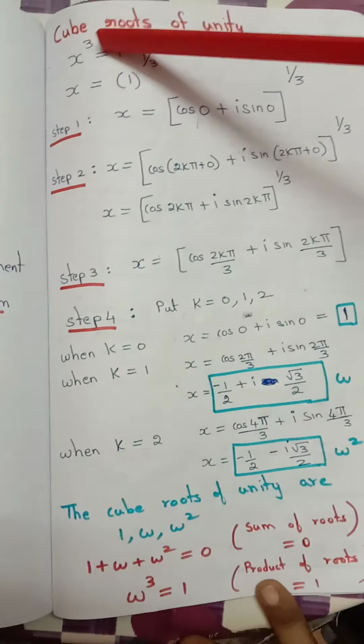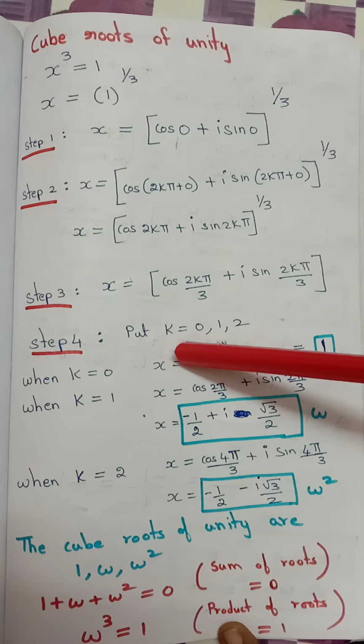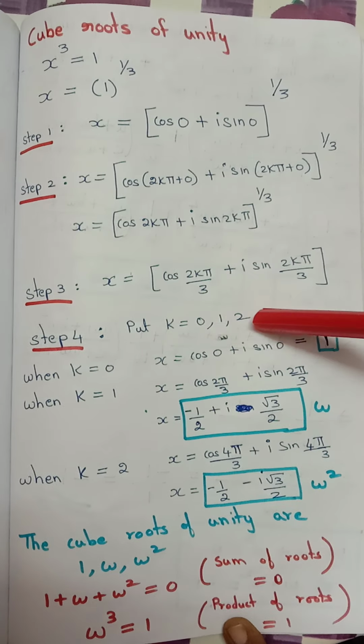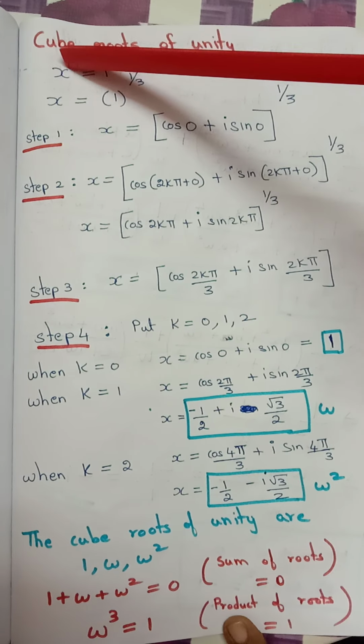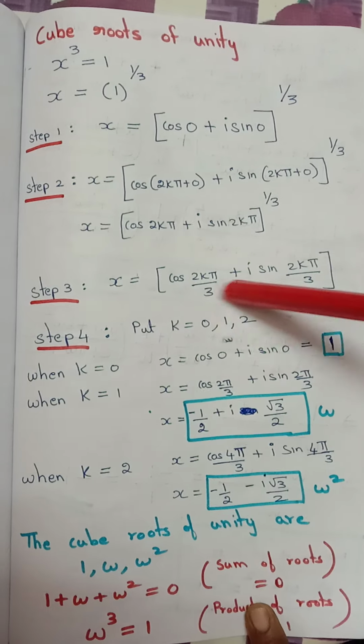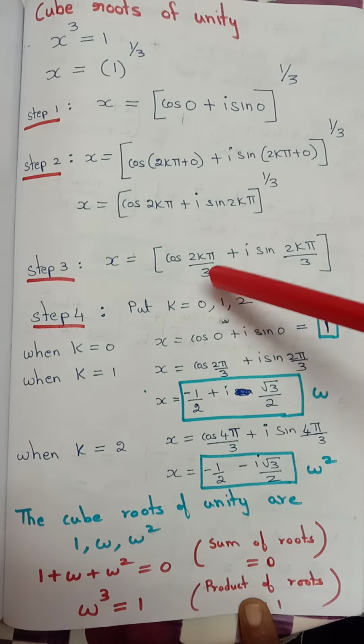In the same manner here we are having cube root of unity. So what all values do you have to put for k? 0, 1, 2, up to n minus 1. Cube means 3. So n minus 1 means the number before that, that is 2. So you have to assign these 3 values for k.